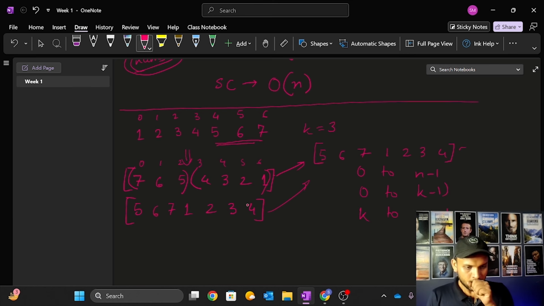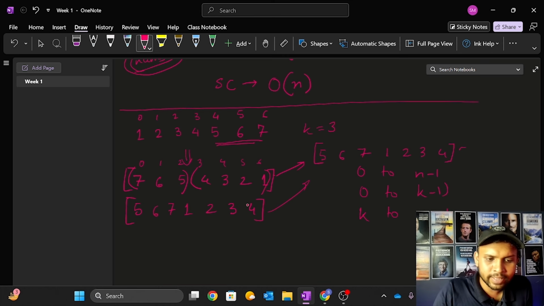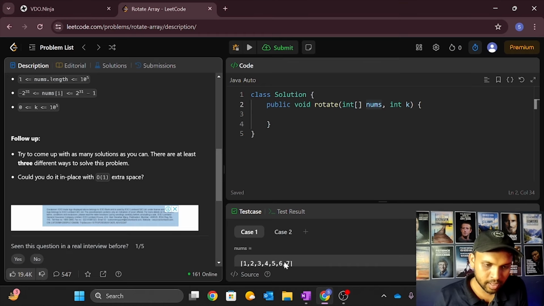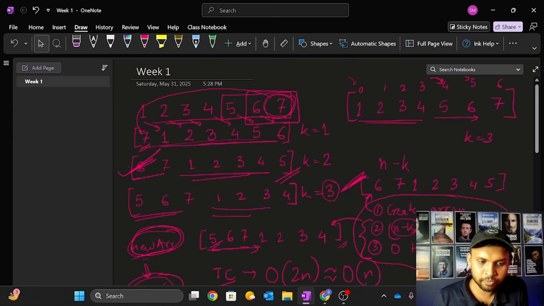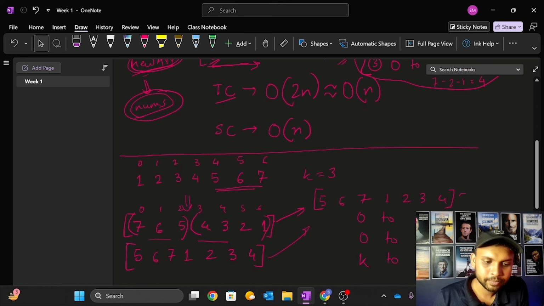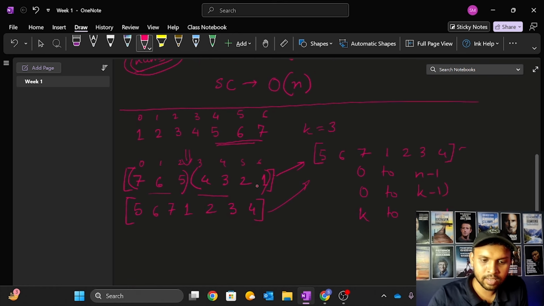Now the point is, guys, how am I finding out that this 5, 6, 7 I have to rotate and then rotate these two things? The answer is simple. This is a Leetcode medium, guys. This is a pattern that you need to follow, and that is why this question is a Leetcode medium. Otherwise the first approach that I have shown you is pretty simple, just copying the numbers from here till here and then here till here. That is pretty simple. And obviously as this is the first question, I am just giving you a general direction